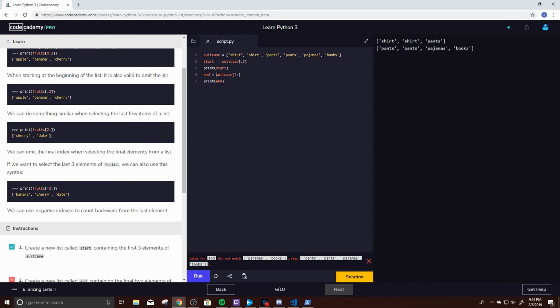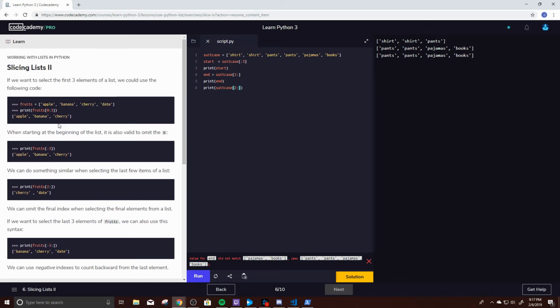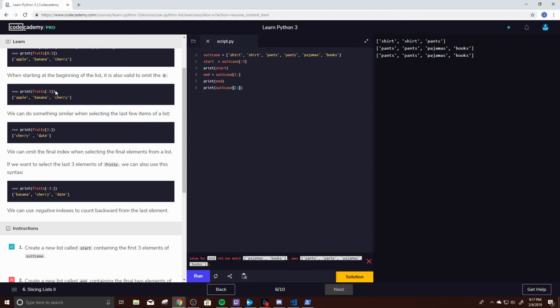That looks right, right? So let's try something here. Let's print that statement. So it does print out. According to this, 0 to 3 and colon 3 gives you the first 3, which it does. And 2 colon: if we want to select at least the last 3 elements of the list, we can also use